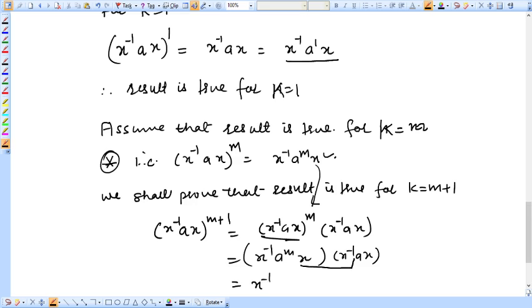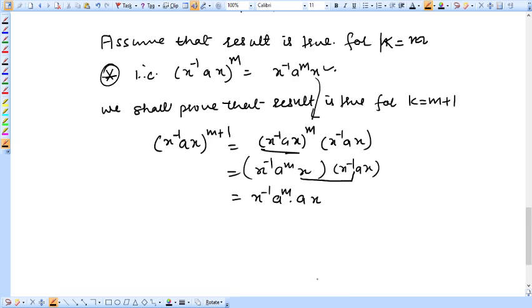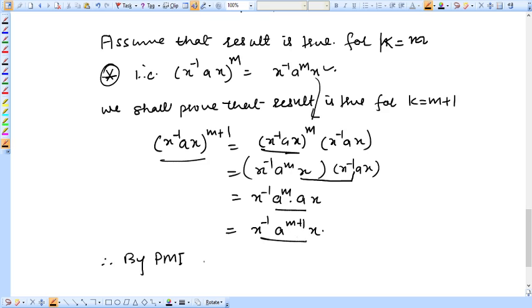So we can write x inverse a to the power m into a x only, because the two elements in the center, x into x inverse, is equal to identity. Next, clubbing them, we get x inverse a to the power m plus 1 into x. Thus these two are equal. Hence, by the principle of mathematical induction, the given result